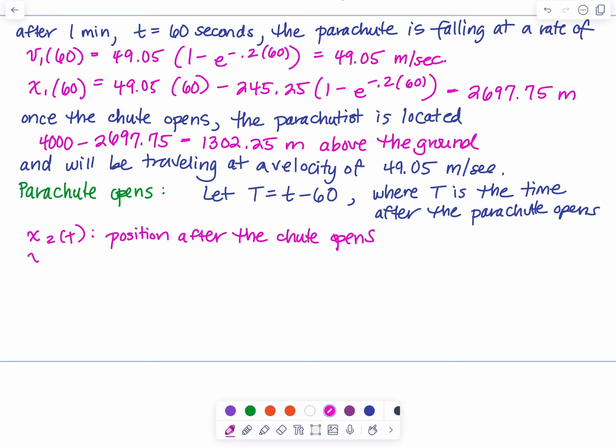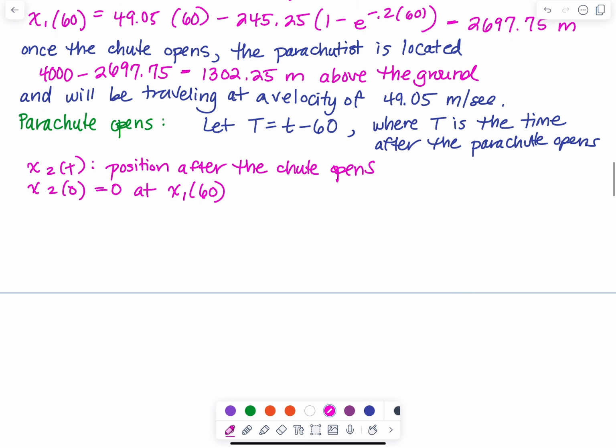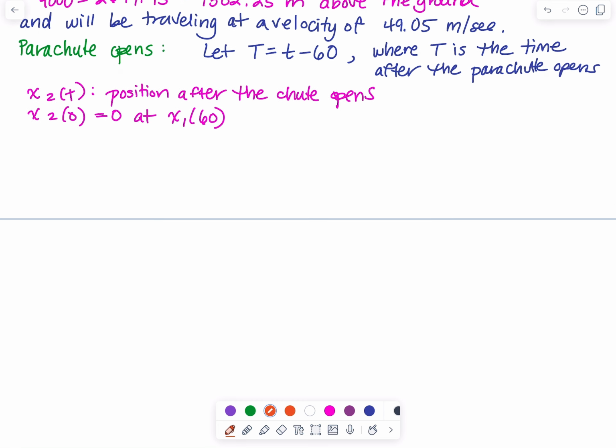Okay, so we have x2 of 0 is going to be equal to 0, and that's going to be at the same place x1 is equal to 60. So let's go ahead and draw a little diagram. I will pause the video and draw this. So we have t equal to 0, and here we have the parachutist, and here is our first x1 of t. This is prior to the chute opening, and here we can say that the chute opens,